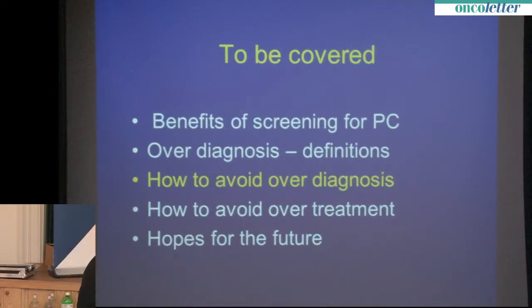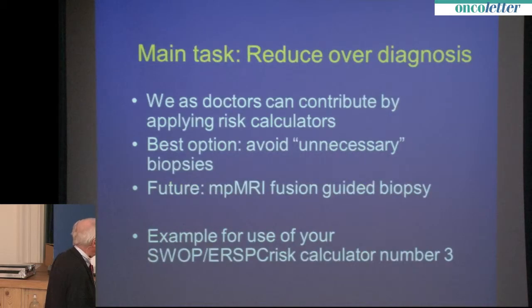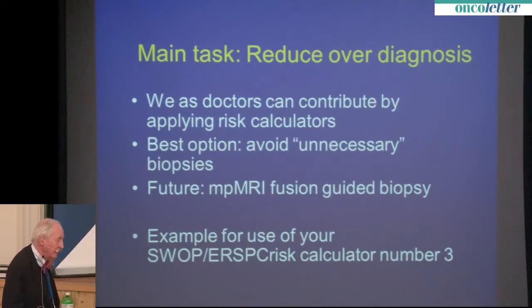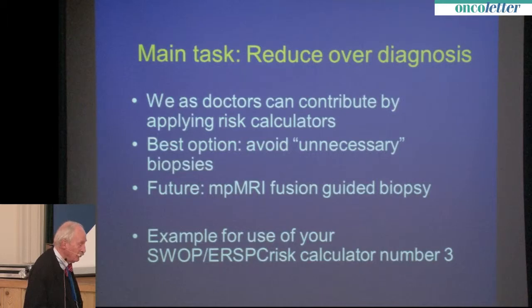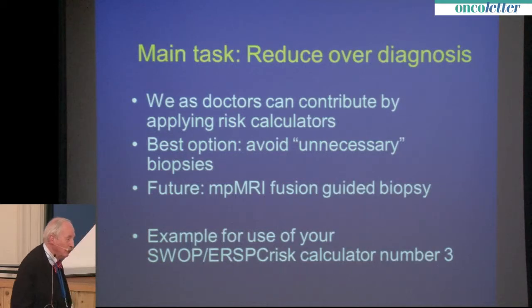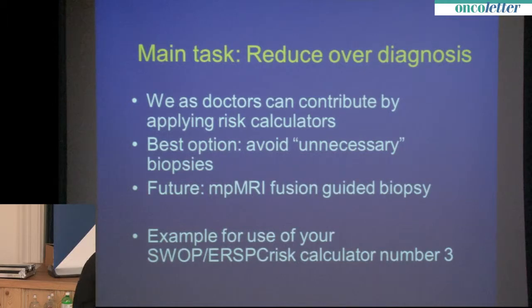So how could we avoid overdiagnosis? And this brings me to the actual subject of my talk. I believe that we as doctors can contribute to reduce overdiagnosis by applying risk calculators, and I think we should all do it. The best option is to avoid unnecessary biopsies. The secondary option is to use active surveillance once a diagnosis has been made, but it's much better to avoid the diagnosis altogether if we can achieve that,